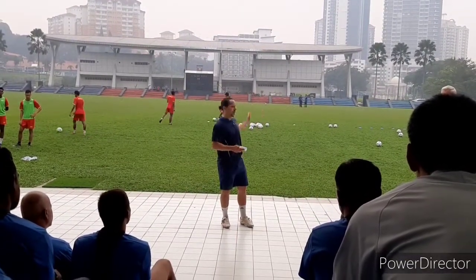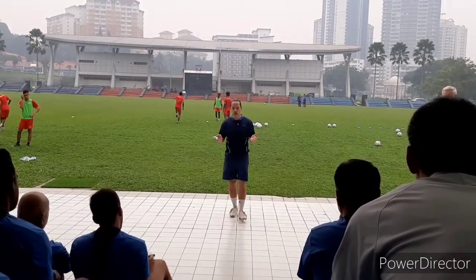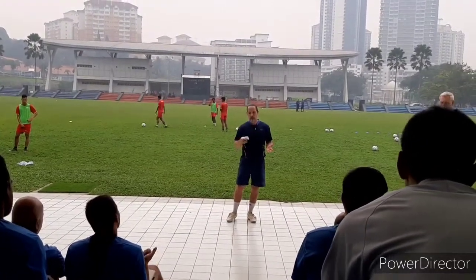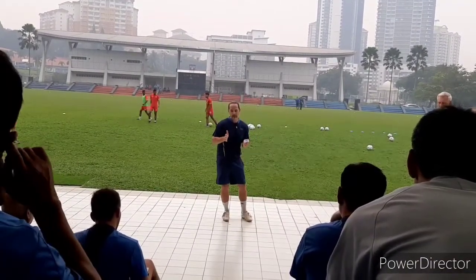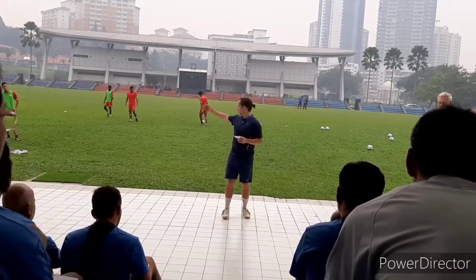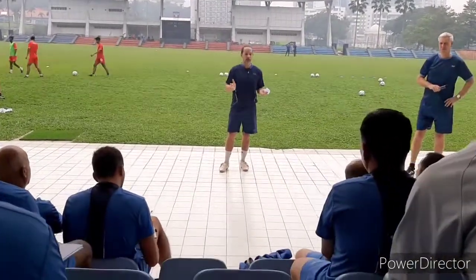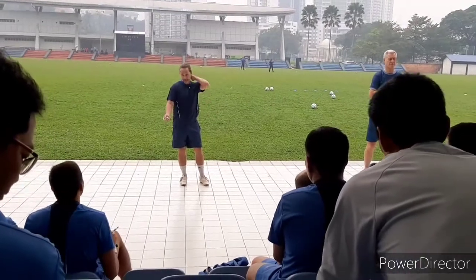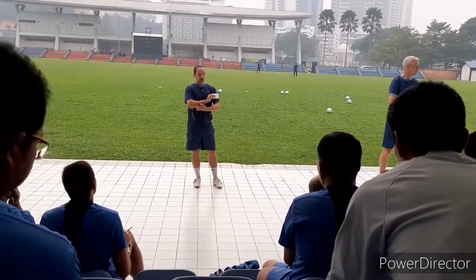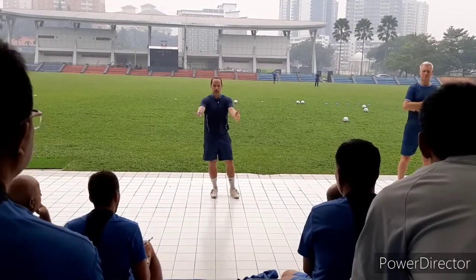So we need to have some type of rules that is enforcing the players to work at a high intensity, and we can try to do that in a specific manner. So the first drill we try to focus on shifting sides. So that will be the football training. The football element is the timing, choose the right time to go. You have a possession play on a very small area, but you have to change